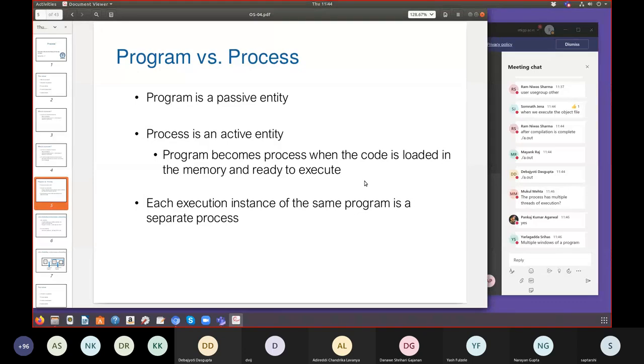So Mukul, I'm not asking about multiple threads of execution. I'm saying the same program running as different processes. Now again, processes and threads are not exactly the same. Now we are discussing processes. In a later lecture, maybe 3 or 4 weeks later, we will discuss threads also. So I'm not discussing threads here. But yes, it is very much possible that